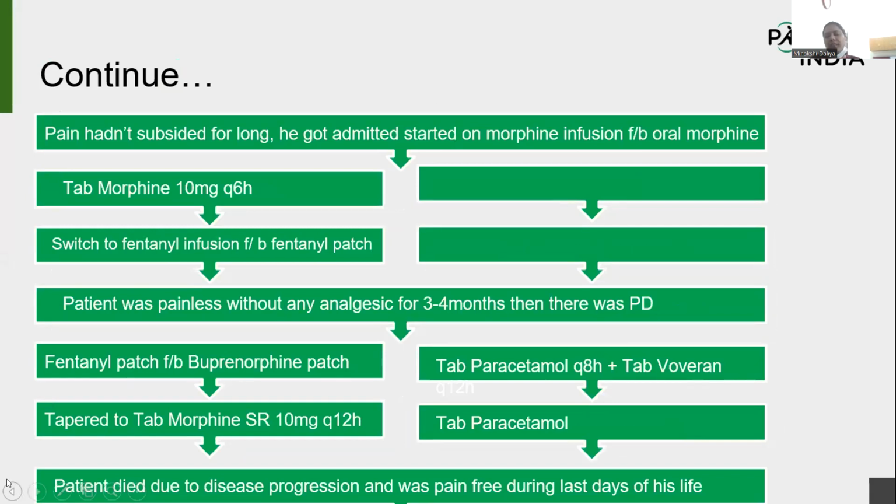After some time, the pain was stable on SR also. Patient was pain free. We tapered to alternate SR, but after some time, because he had very progressive disease from the starting, he never had response with anything. There was always disease progression after the end of every therapy. So when he again came to us, we started him on a morphine infusion, and when the pain settled on the morphine infusion, we tapered it to oral morphine, and discharged him on oral morphine.